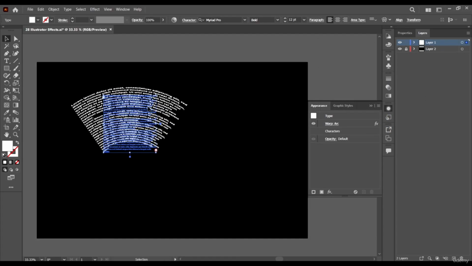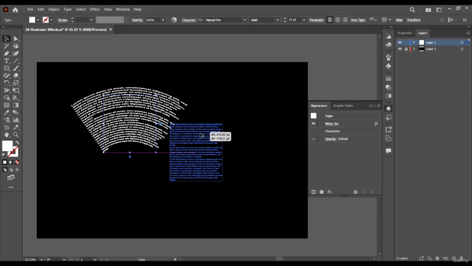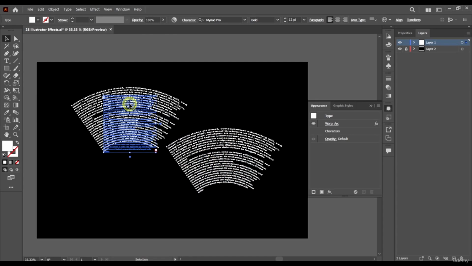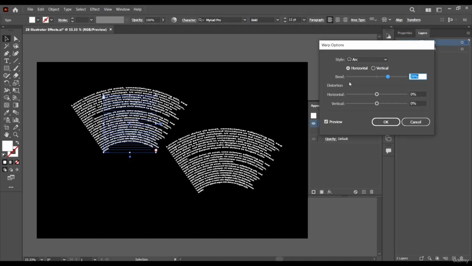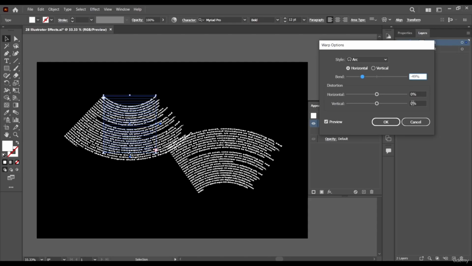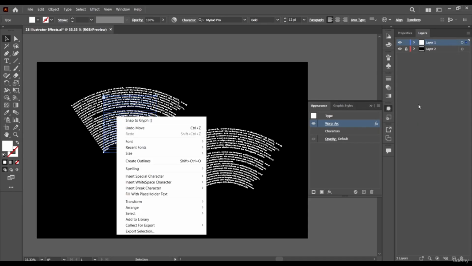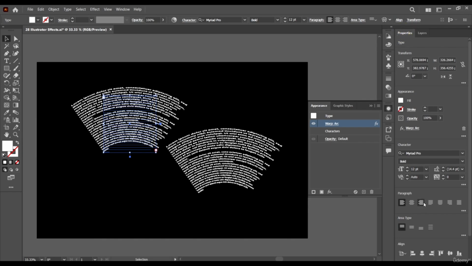Now I just want to duplicate this, holding down Alt and dragging it down. What I want to do is come under properties and give it a paragraph alignment towards the right, and this one we're going to leave aligned to the left.